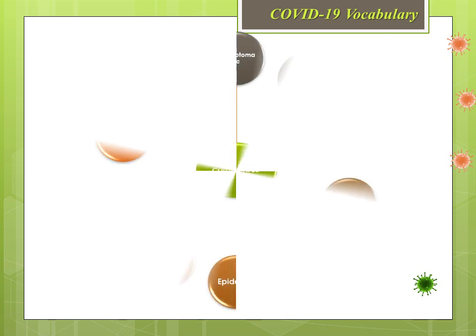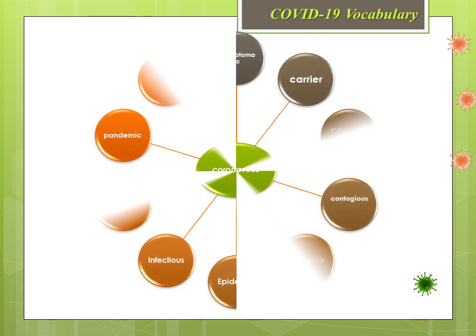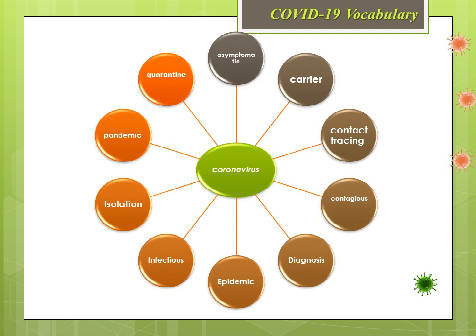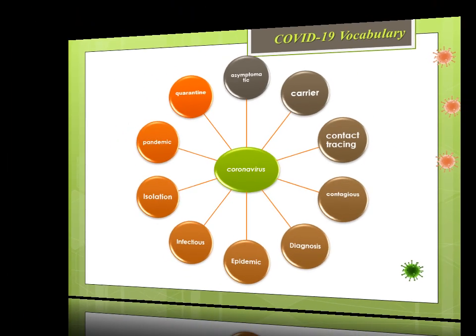Some COVID-19 vocabulary, or coronavirus as you like to call it. First of all: asymptomatic, carrier, contact tracing, contagious, diagnosis, epidemic, infectious, isolation, pandemic, quarantine. We are going to study these words and also some other words. First of all,